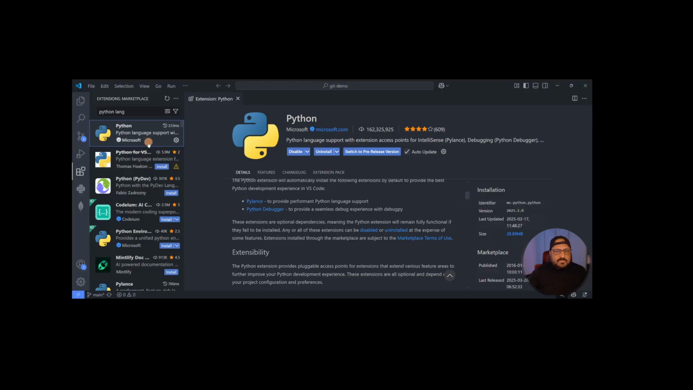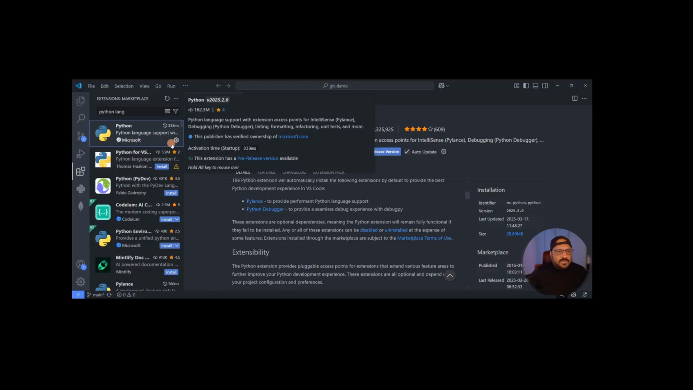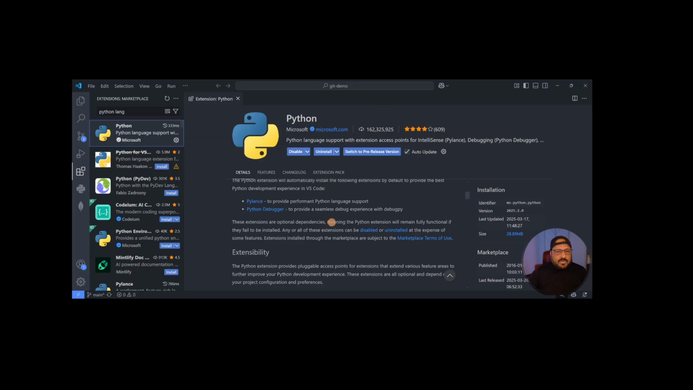Because I have already installed it, it's not showing me the install button. But if you haven't got this, then in that case you will see the install button. You just need to click it, and it's very quick. It will just install it. So this is the first thing you want to do. The second thing you want to do is